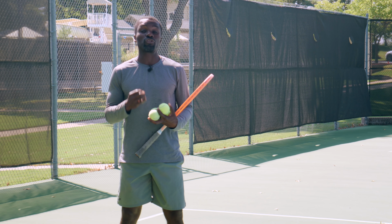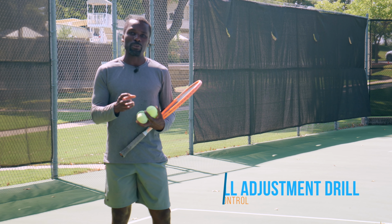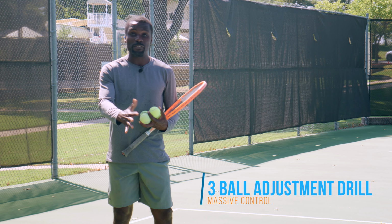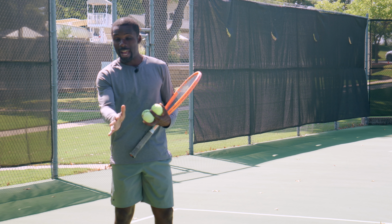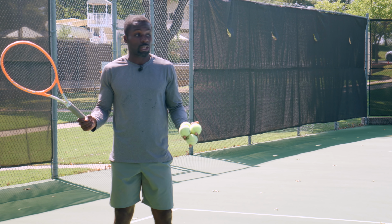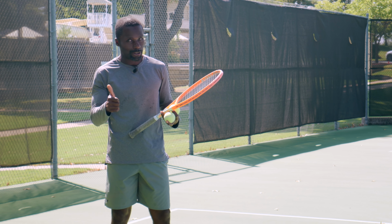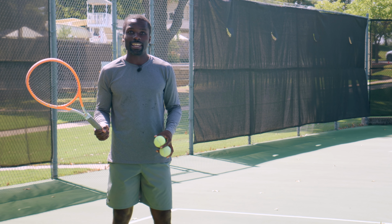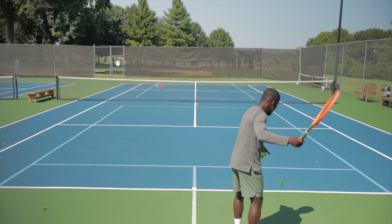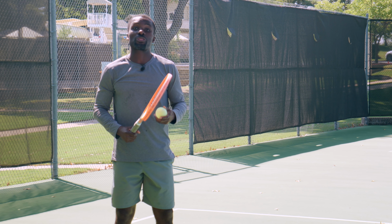Now here's the thing, if you struggle with this, this is what I want you to do. This is a little bit different drill, but it'll help you start really getting a feel for what you need the racket face to be to hit the ball you want. So if you're struggling with this, here is what it might look like. You hit a ball in the net, totally fine, don't freak out. The next ball I want you to hit is actually hit the fence, okay? So, bingo, I got the fence. The third ball